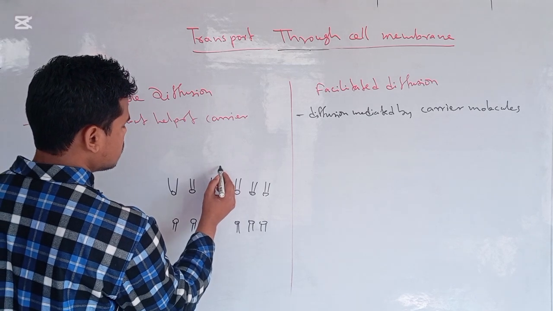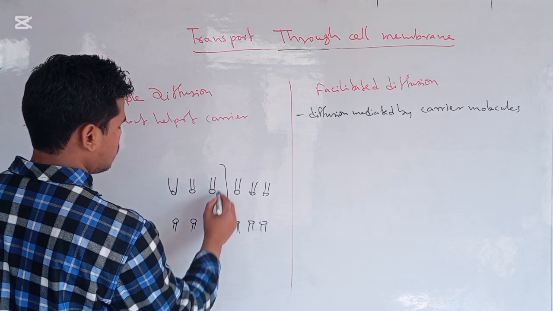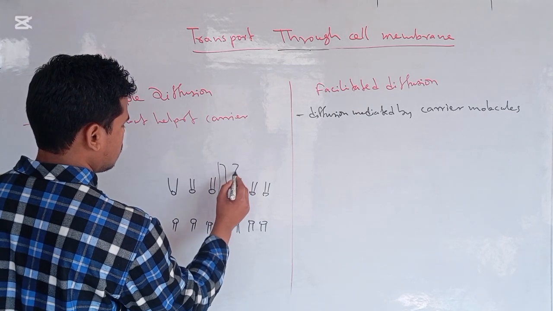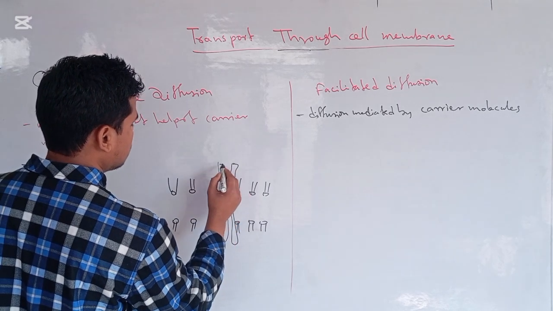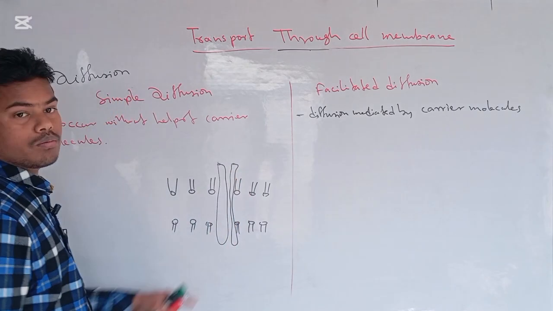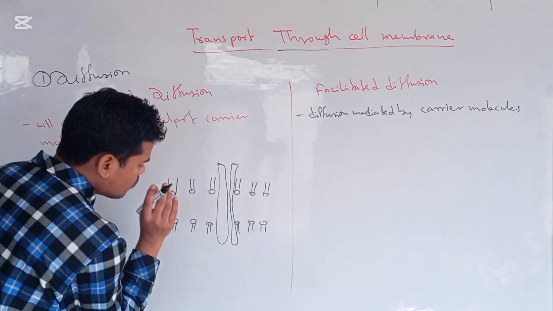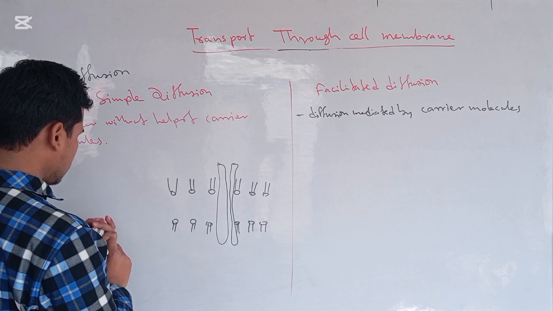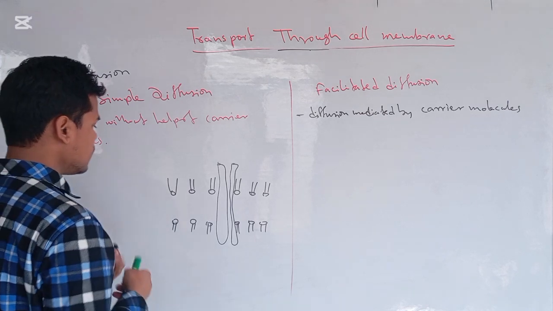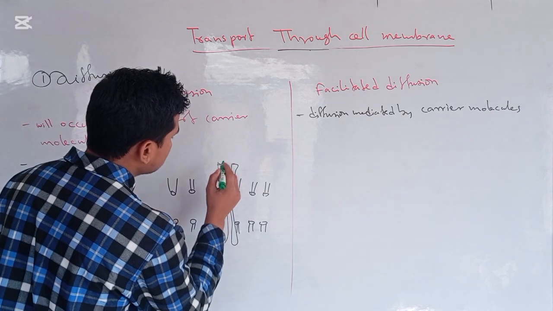And let's suppose these are channel proteins. So either the diffusion will take place through these channel proteins,